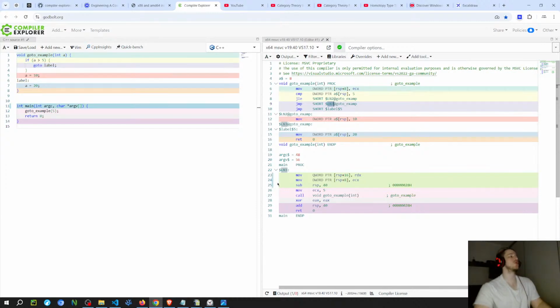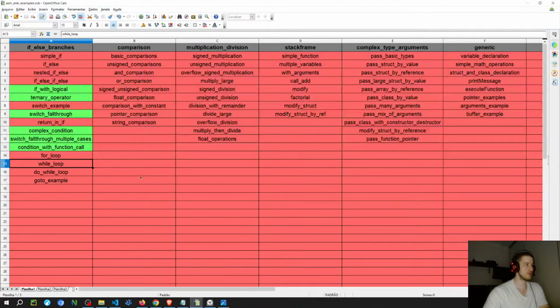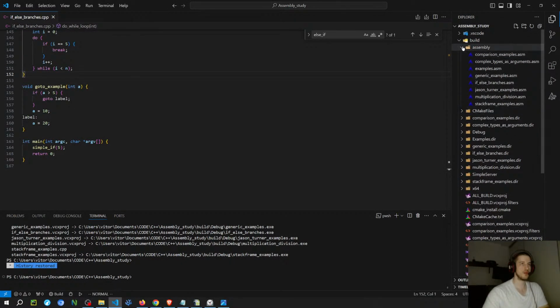So I'm gonna move to the next category, I think. I'm gonna put the for loop. So now comparison. The reason why I put comparison is because I wanted to see one of the main things